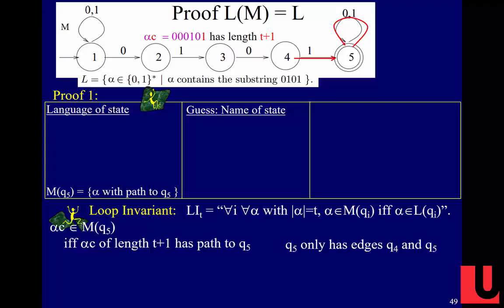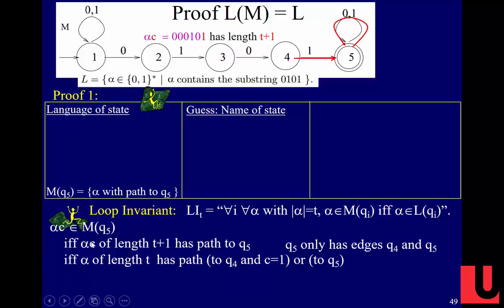Right? And then we want to say, what does that give us? Let's look at the machine, and we ask, what are the edges coming into 5? There are 2 edges. There's the edge coming from 4 and the edge that's staying at 5. Does that make sense? And so